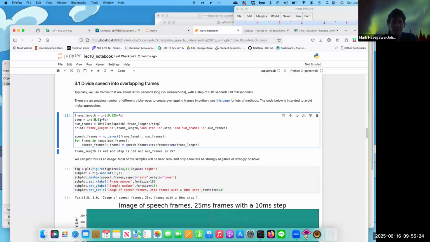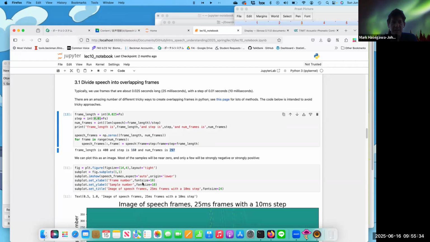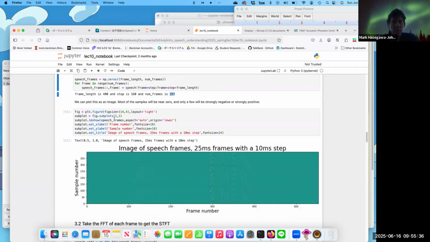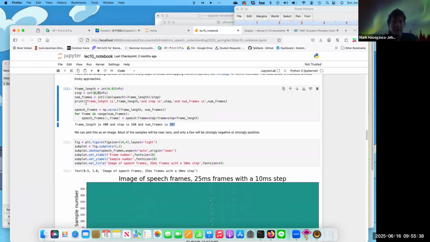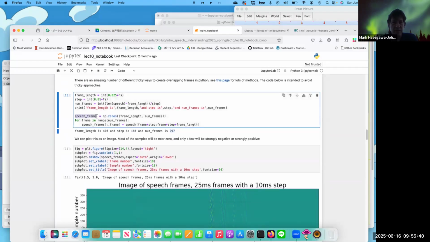16,000 samples per second times 0.01 is 160. So each frame starts 160 samples later than the frame before it. And then the number of frames will be 297. And so what I've already done here is I created a matrix called